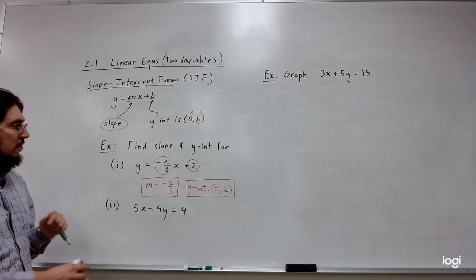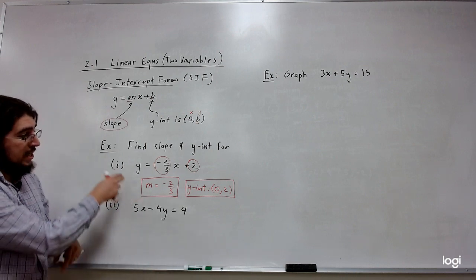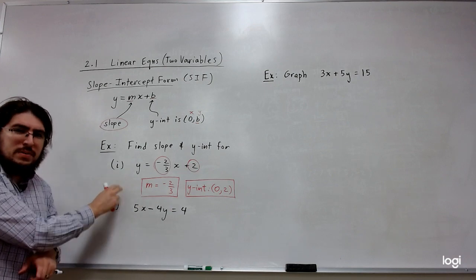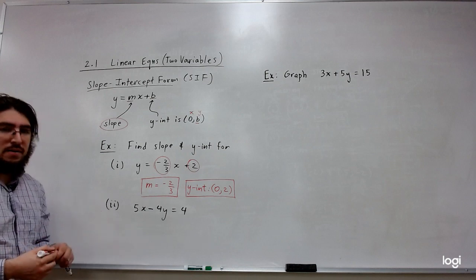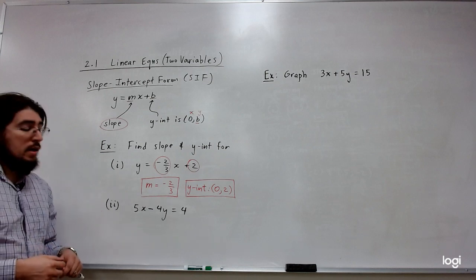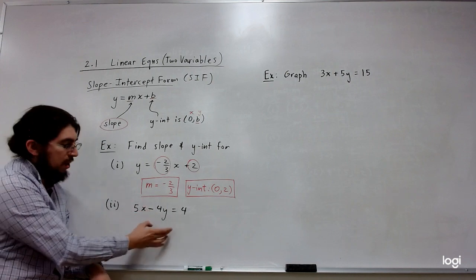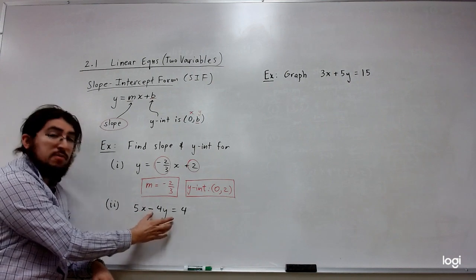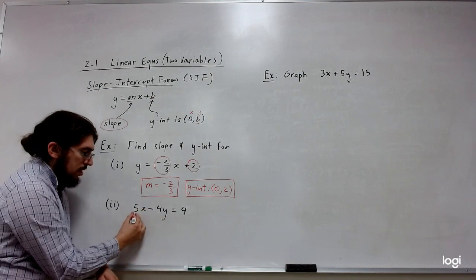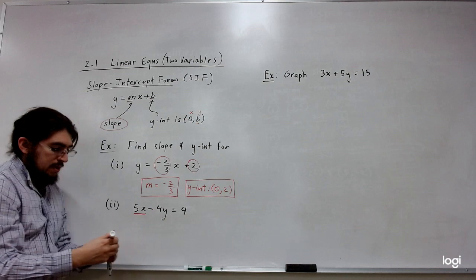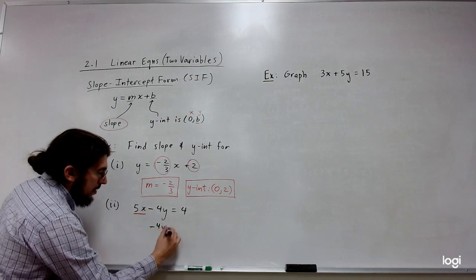Okay, good. So now for the second part, we want to find the slope and y-intercept. So we want to do what we did here, but there's a problem. The problem is y is not isolated. Y is not by itself. So just make y by itself. How do we isolate y? Well, we solve for y. So treat 5x as a number. We want to get y by itself. So first we're going to get the term negative 4y by itself by subtracting 5x to the other side. So when we subtract 5x to the other side, we get negative 4y is equal to